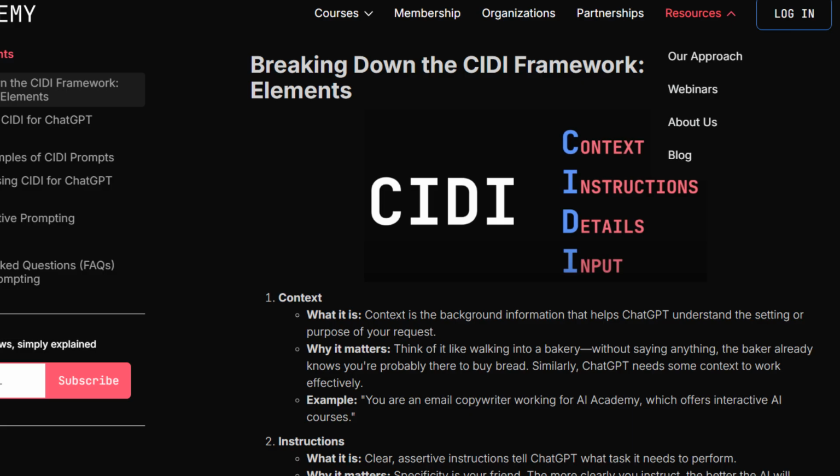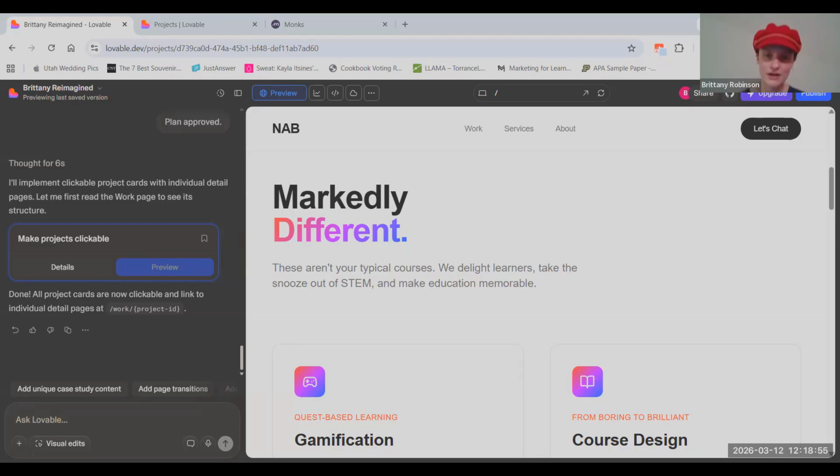I think it's called the CIDI Framework, or you can also use the Craft Framework, which is another good one for prompting AI. So I'll provide the context. I'll tell the AI what its role is and what it's doing. And then I usually give it some specific examples as well. So yeah, I think if you want to start just kind of playing around, those are some things that you